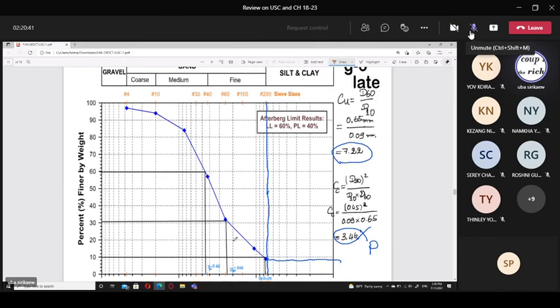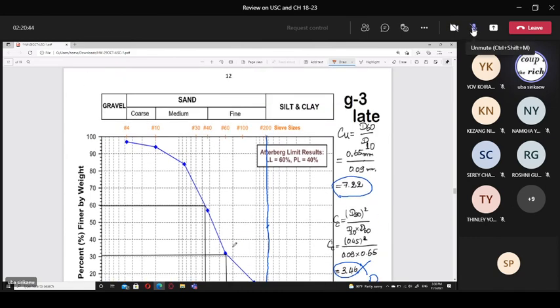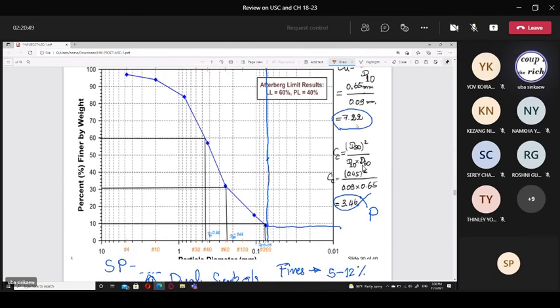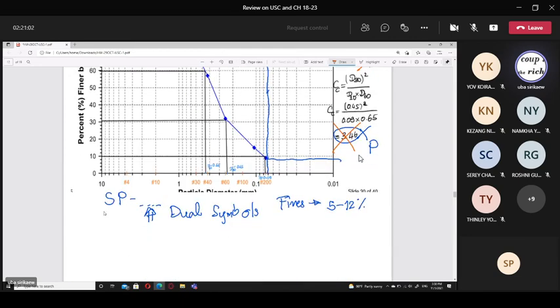Okay, group number 3. For this part, you know that CU greater than 6, CC not in between 1, in between 1, 2, 3. So the answer would be SP, but fine particle about 8%, in the range of 5 to 15. Then you get dual symbol SS, SP, and